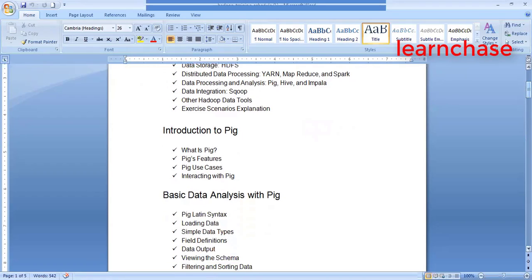We will be discussing Pig. Pig, as I said, is very important to process and analyze data. In Pig, we will be covering what Pig is, what its features are, the Pig use cases, and how you will be interacting with Pig. So basically, in our class, it is like